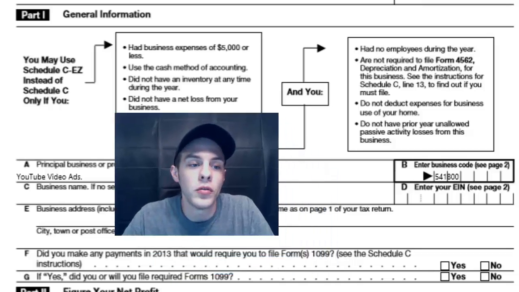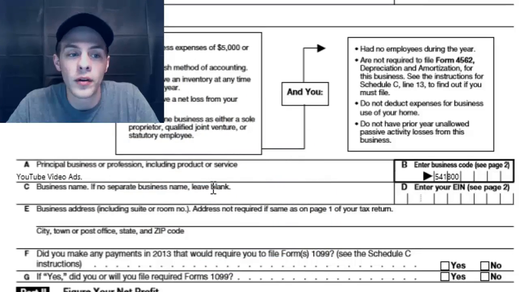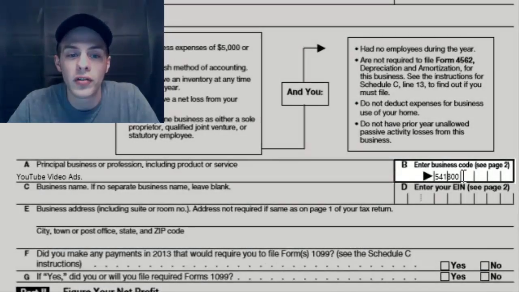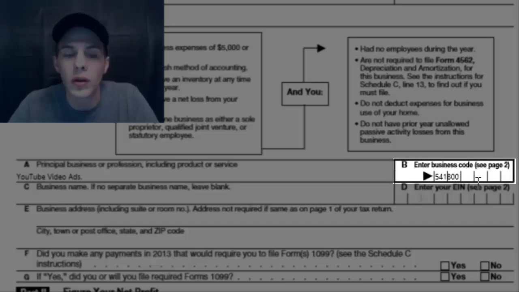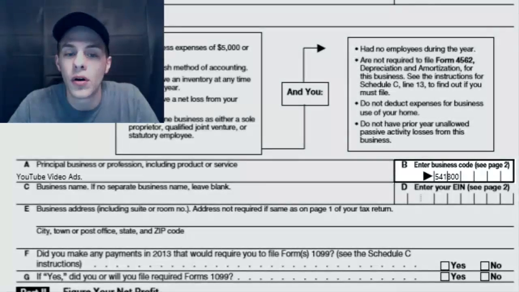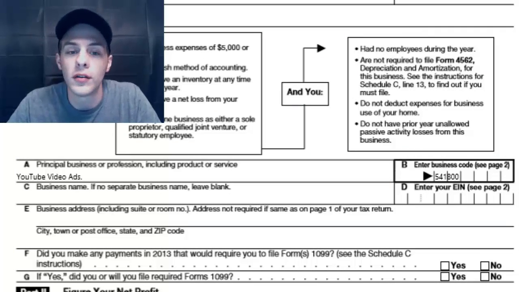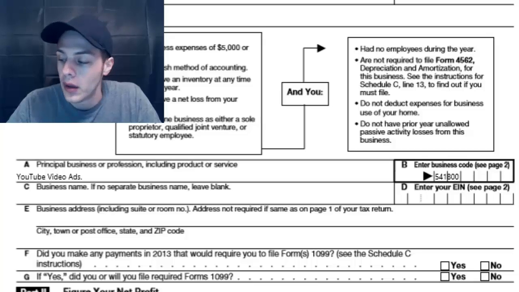And then when it comes to box A here where it says principal business or profession, including product or service, all I did was type in YouTube video ads. And then there's another section here for your business code, and there's more information about that on the second page of this form. The business code that I used was 541800, which corresponds to advertising, which seemed fitting because that's how the money is made. It comes from advertising revenue. Other than that,